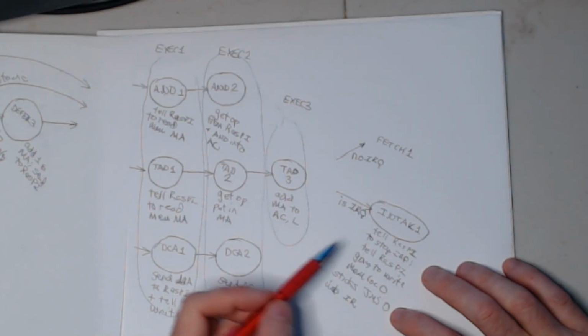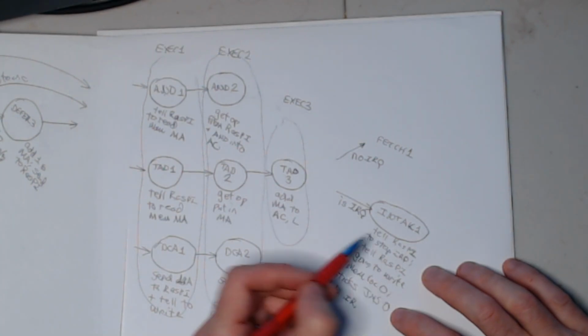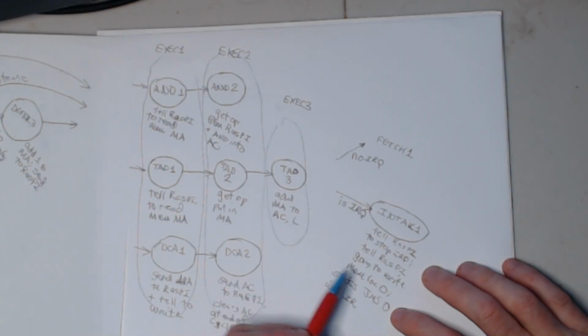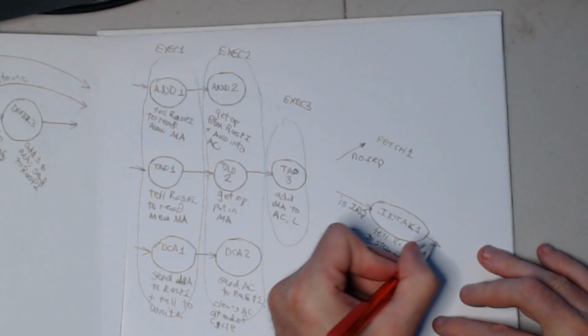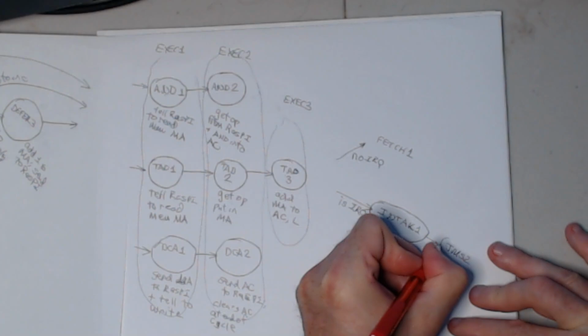It does these three things: it tells the Raspberry Pi to stop requesting interrupts, it tells the Raspberry Pi we're going to write memory location 0, and it also sticks a JMS 0 instruction into the instruction register. And then it can just go on to do a JMS 2 cycle,